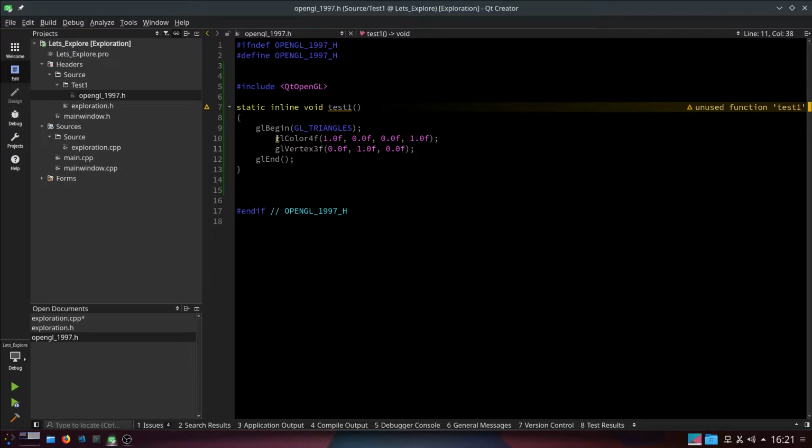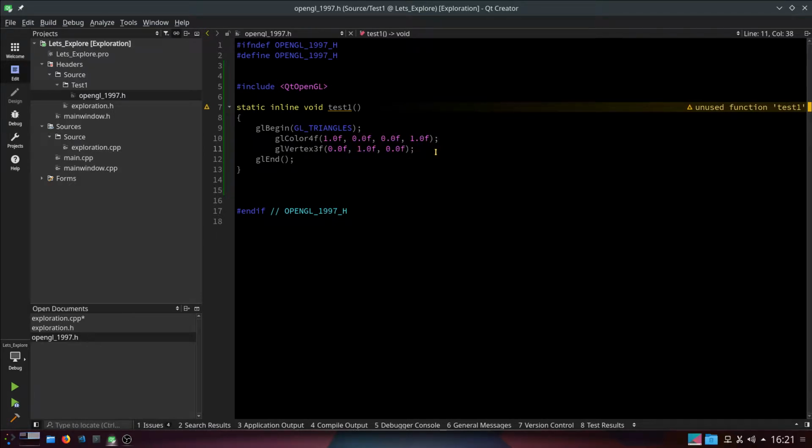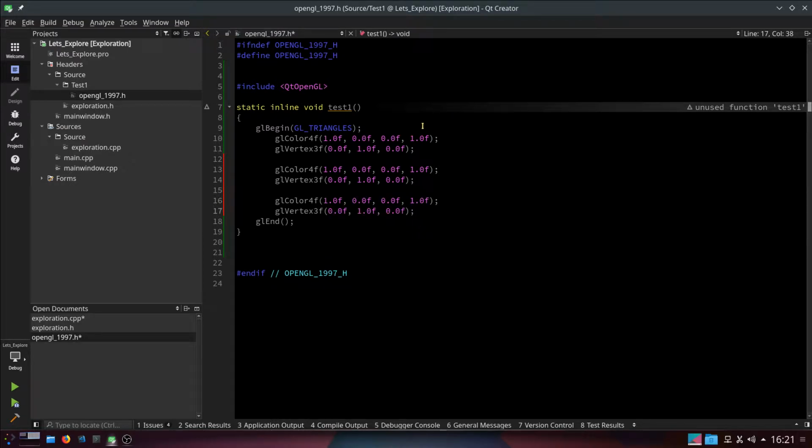Right, let's continue. Let's have 3 more of these to make a triangle. It takes 3 vertexes to make 1 triangle. So V. Right, so I'll do the colours first. That's easiest. So the next colour I want is G, which is that middle one. And the last colour I want is B for blue, G for green of course, is the last colour value